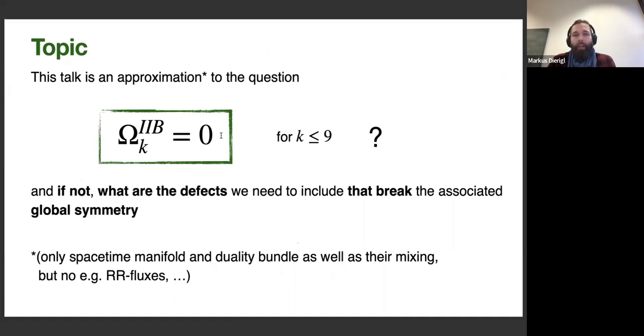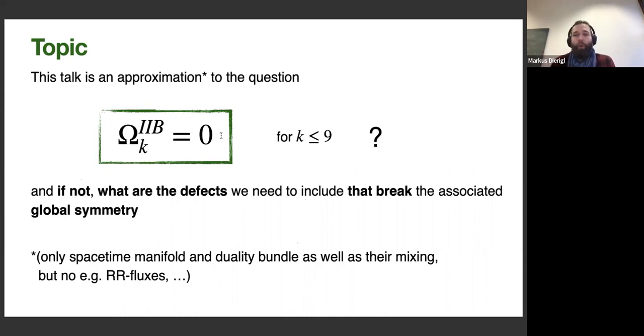Just one caveat here is that we're not discussing the full picture. This would be way more complicated than what I will tell you today. We're just discussing an approximation. So we just take a subset of the information that is needed to define type 2b supergravity. And this subset will be the space-time manifold,